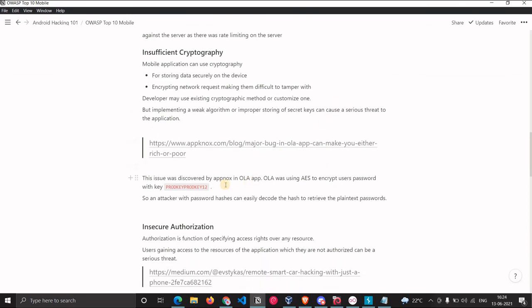So there is one blog. There's one company called AppNox. They have found an issue in the Ola app. This was around 2015. What they have found is the Ola app is using AES to encrypt user passwords, with a key that was hard-coded inside the application itself. So an attacker getting access to the hashes of the users' passwords can just decrypt those hashes with the help of this key.